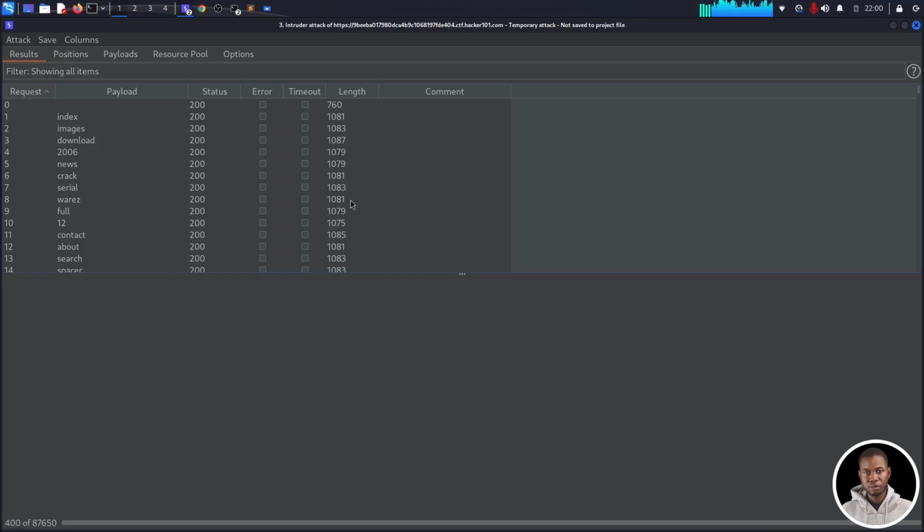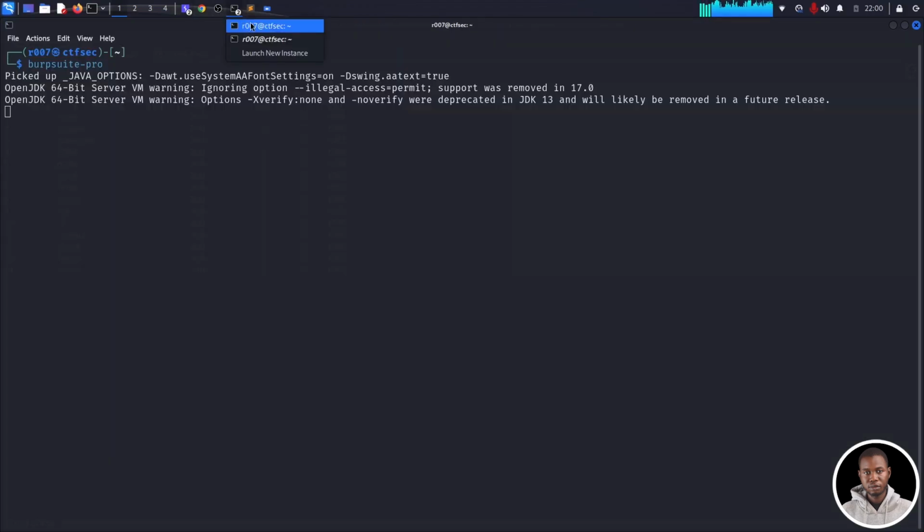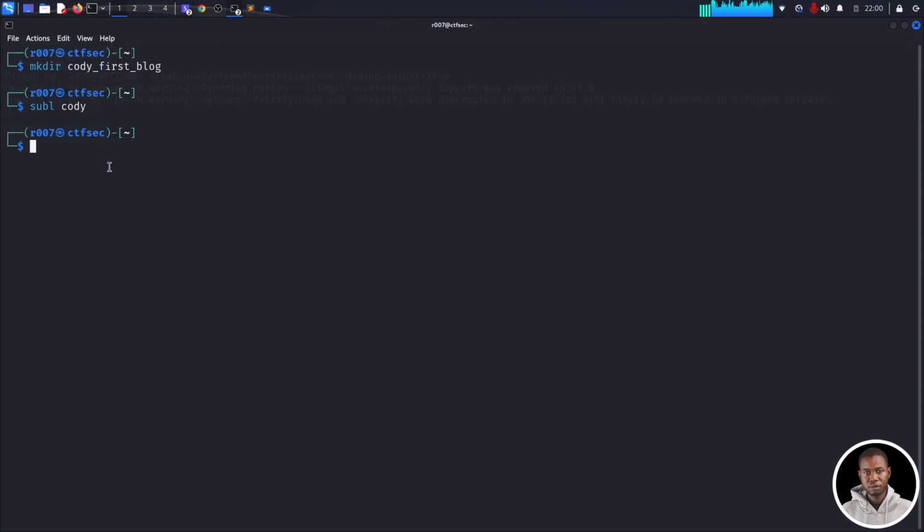Okay, so while that is loading, let's head over to a new tab. Let's just go to, okay, this one is for the Bob suite. I'm going to use this one. I'm going to clear the screen. We can actually use another application called FOV to perform the same task which we just did on the Bob